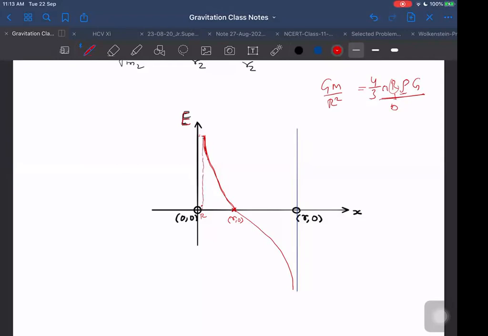Beyond r it is appropriate. Then it decreases. But when we go inside the material, if it is a sphere and we go inside the material, then you already know what happens after that. As we go inside, it will be decreasing, no? And it will become 0. So then it will be decreasing, it will become 0.